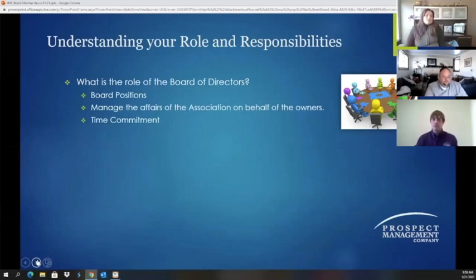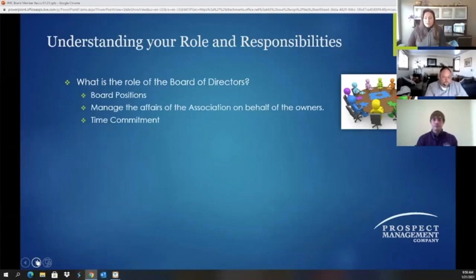And so as far as the time commitment, that can vary. Of course, hiring a management company like Prospect Management is going to help alleviate some of the time constraints that being on a board can put on you, but it's really up to you and how much you take on and how much you're willing to delegate.